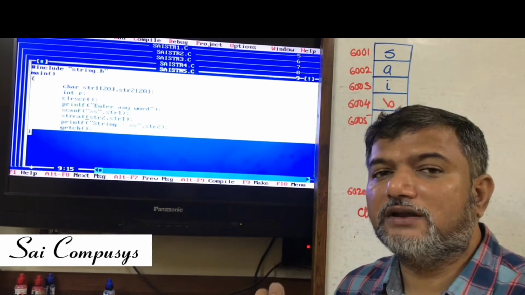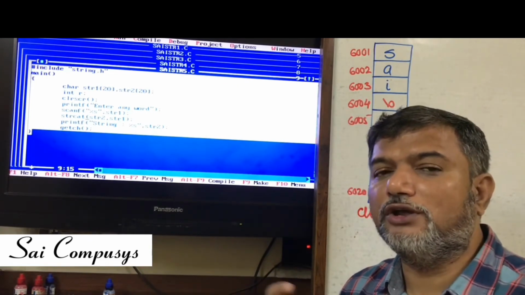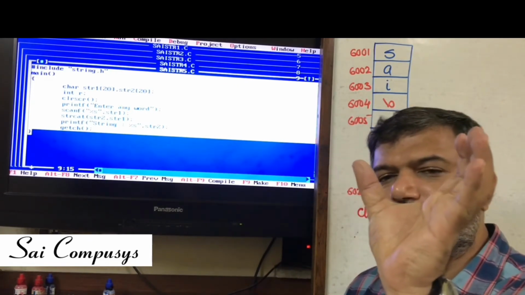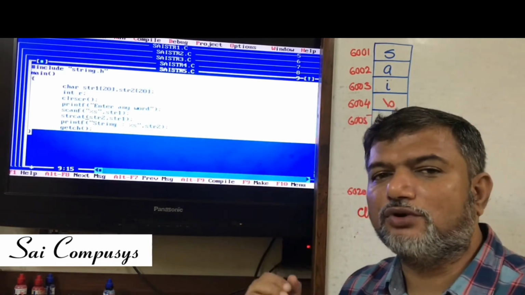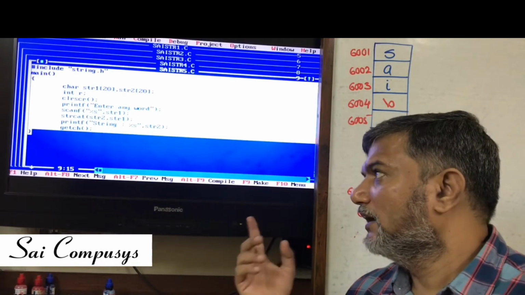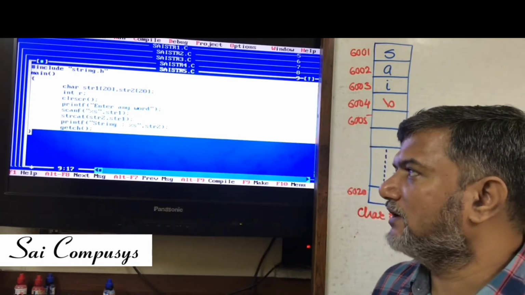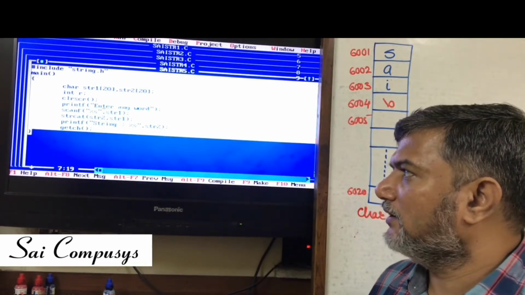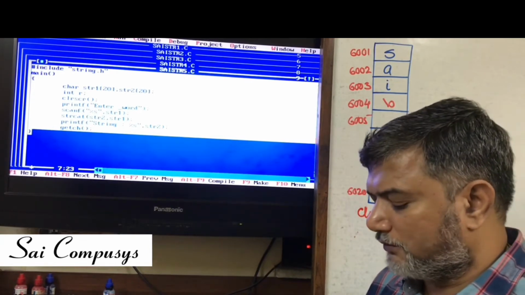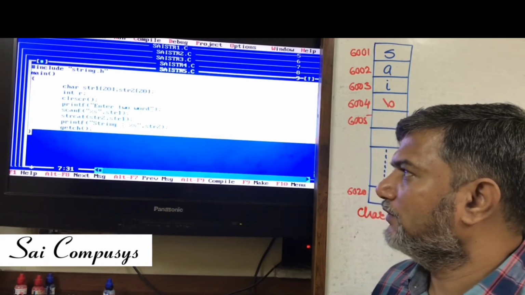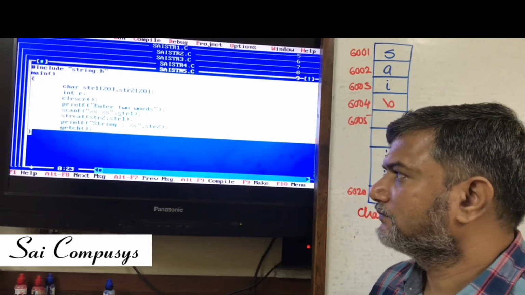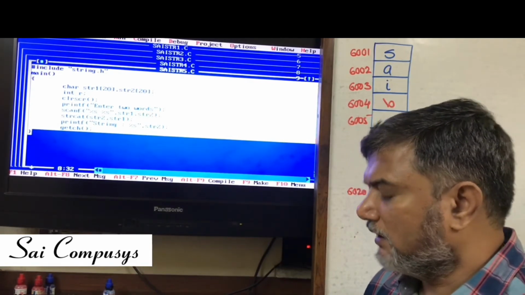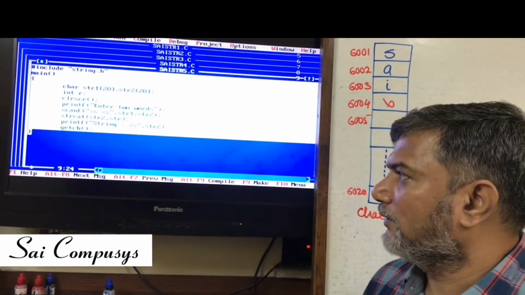CAT means concatenation. Concatenation means joining of two things. If I have an object, and I join another object at the end of that object, that is called concatenation of objects. So, I have a function called strcat, and here I will be scanning two words from the user. I will say enter two words. I will scan the two words, str1, str2, and see what I am doing.